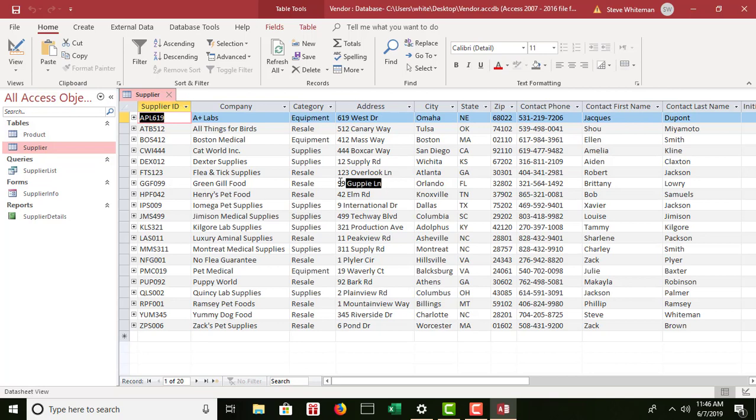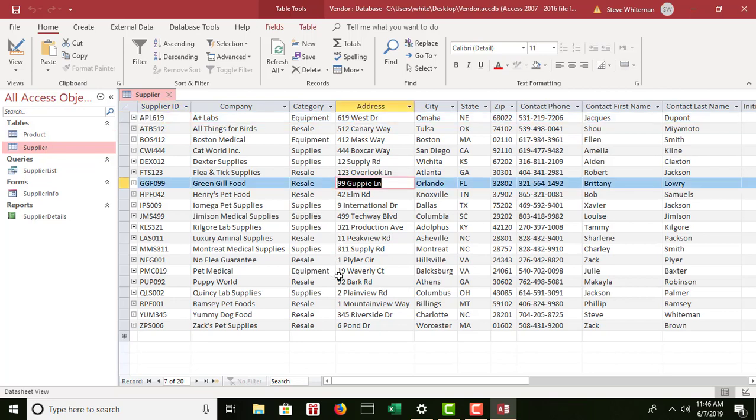It says change the address. So I'm going to highlight the current address that's in there, and I'm going to replace it with 738 26th Street. Just like that. Just like it is in the textbook in the instructions. 738 26th Street. The contact phone is to be changed as well. That's right here. So I highlight what's currently in that for the contact phone, and I replace it with